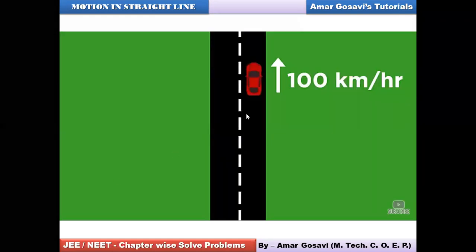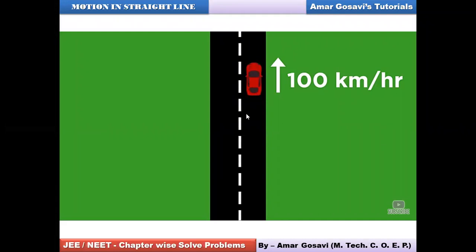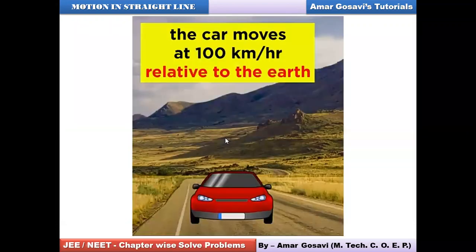Now let's talk about the motion. Okay, so here you can see the car is moving with a speed of say 100 kilometers per hour. But for the person who is sitting in the car, these particular marks on the road would be moving backwards with some speed as per the concept of relative motion. You can see.